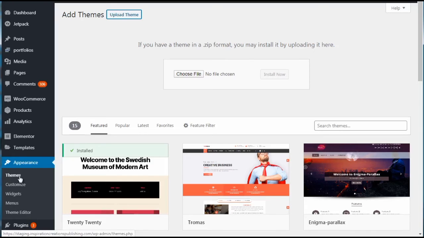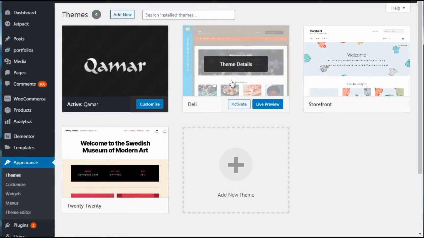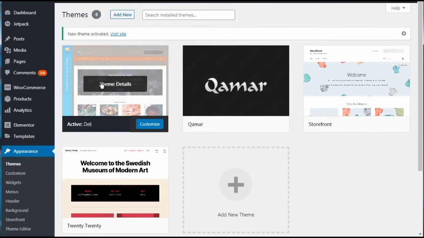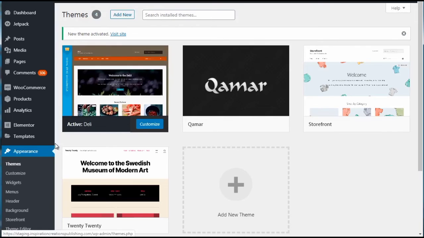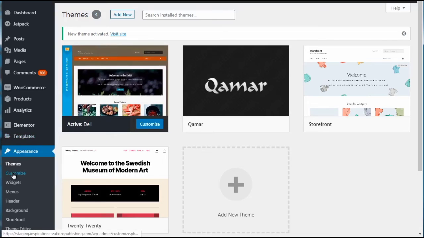Okay, so in this case, we've already installed the theme. In fact, it's a free theme called Deli right here. So what I'm going to do is click Activate. And here we go. So the theme has been installed and we're good to go. Now, different WordPress themes for WooCommerce will be different. So it really depends. I can't really show you the theme that we're using because it's going to look totally different than ours. But the basics are, once you've installed the WooCommerce theme, you can simply go to customize